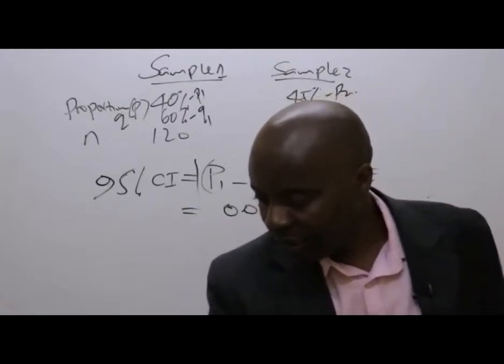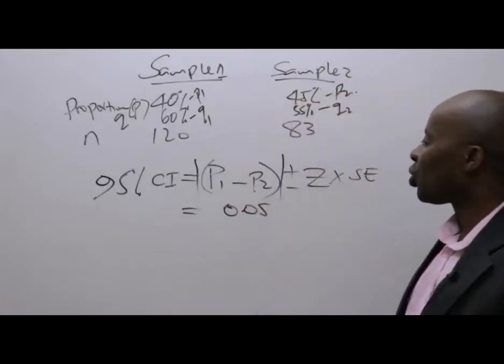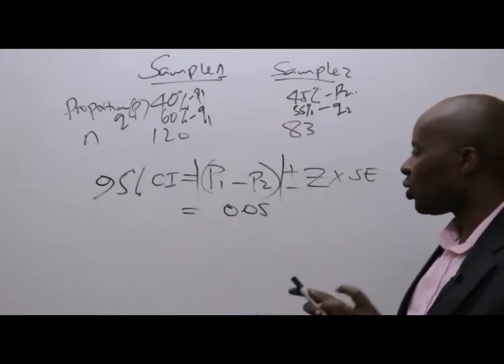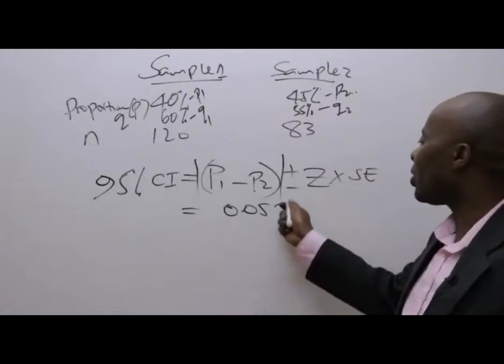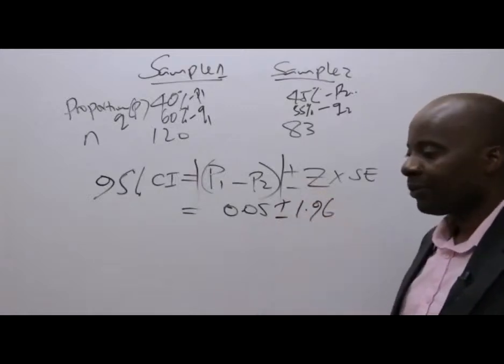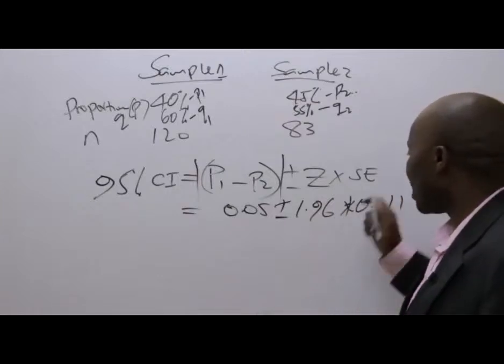And to imagine Dahir has been able to get that figure. And if that is the case, so we have a negative, but we are disregarding the negative. So we take it as 0.05 plus or minus the Z that you guys got, which is 1.96 times the standard error. Fortunately, the standard error, you have obtained it somewhere up there,